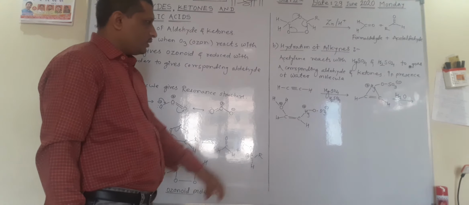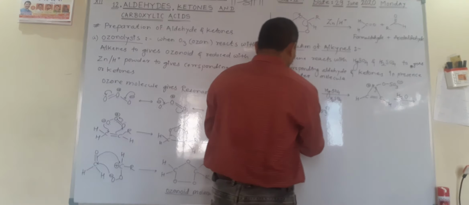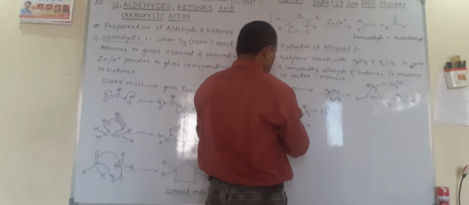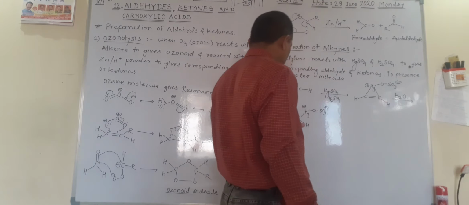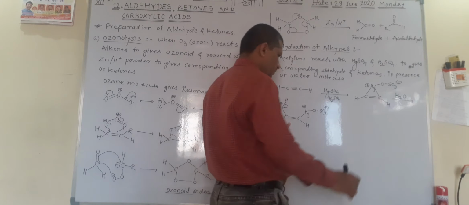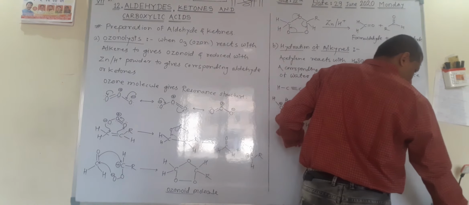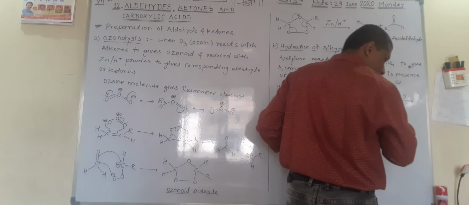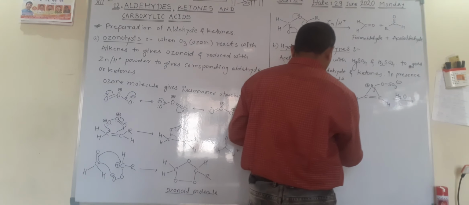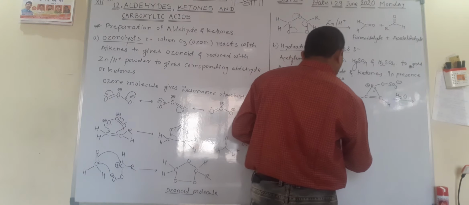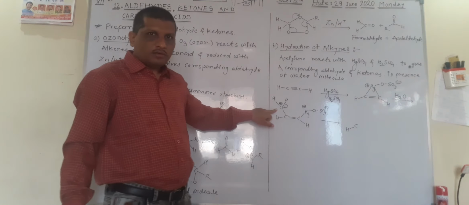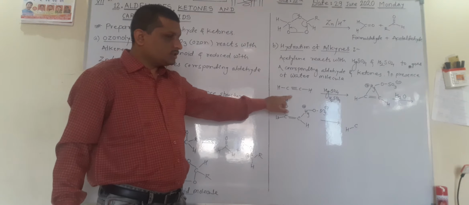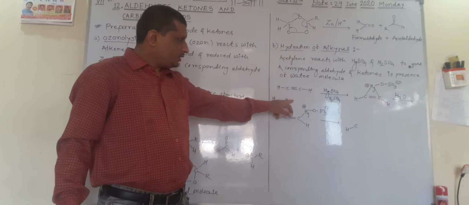Here is O plus. This hydrogen is shifted to here, the OH molecule. HC. Here the positive charge on this oxygen is neutralized by the shift of electrons to this hydrogen,